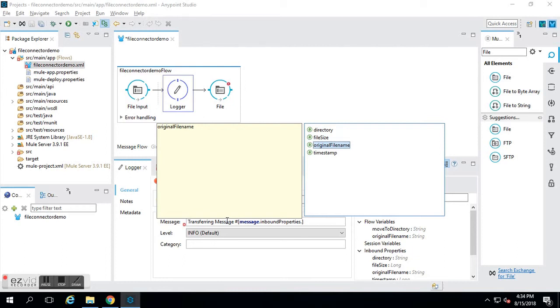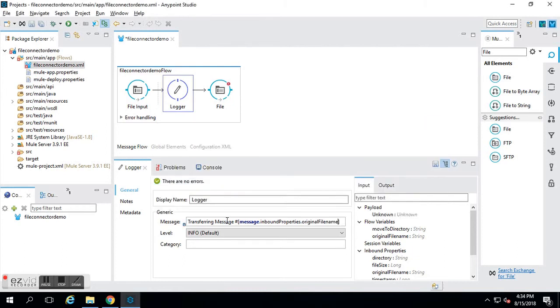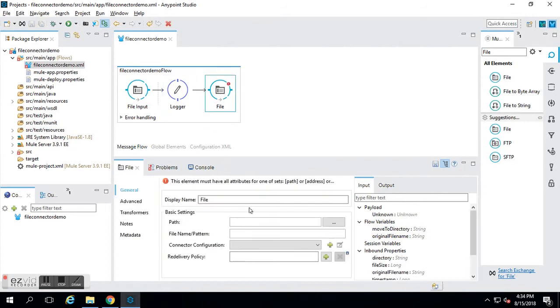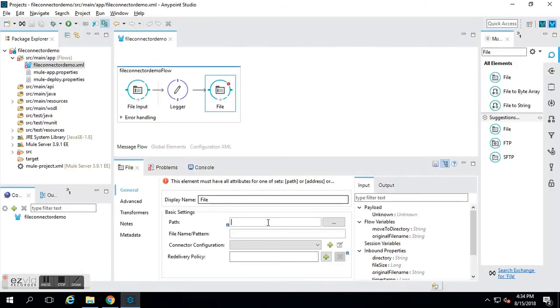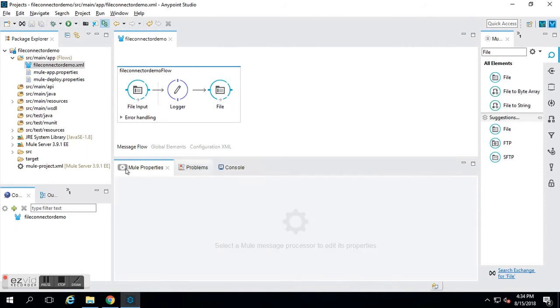So when this runs in the console where the message is shown, it would show the original file name. So let's name it transferring file. Alright, so now let's configure the outbound file folder, going back to the out folder, copying the path, pasting the path. Alright, saving the project,